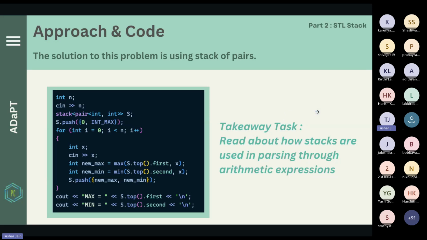Now, this might not be the best way to calculate maximum and minimum because there are other ways. There are also vectors and all. But this was just a sort of challenge to figure out how to calculate maximum and minimum also